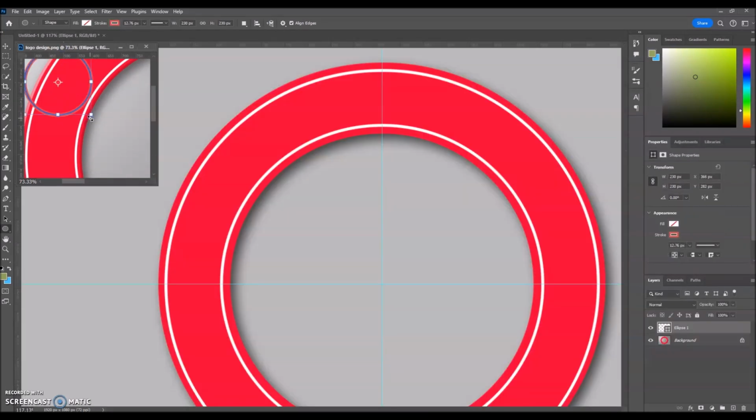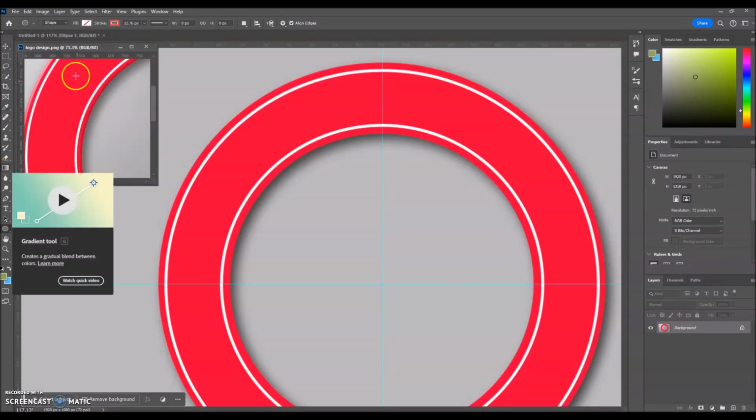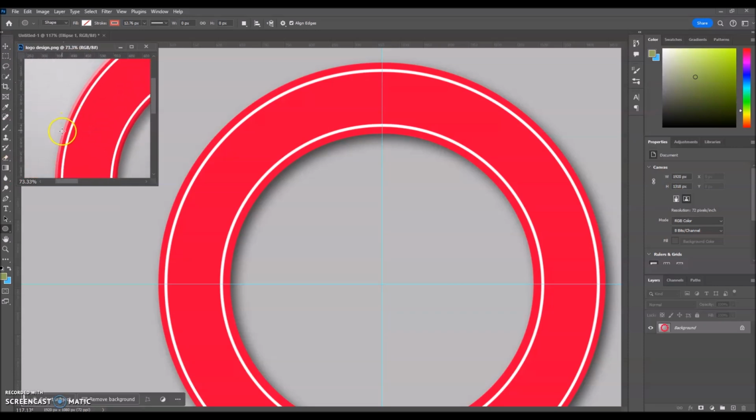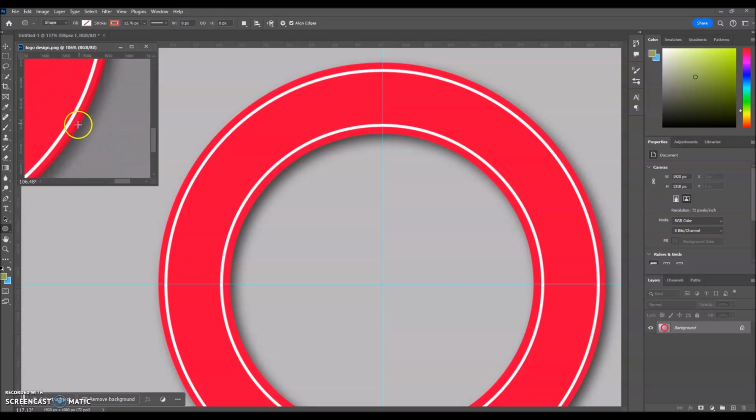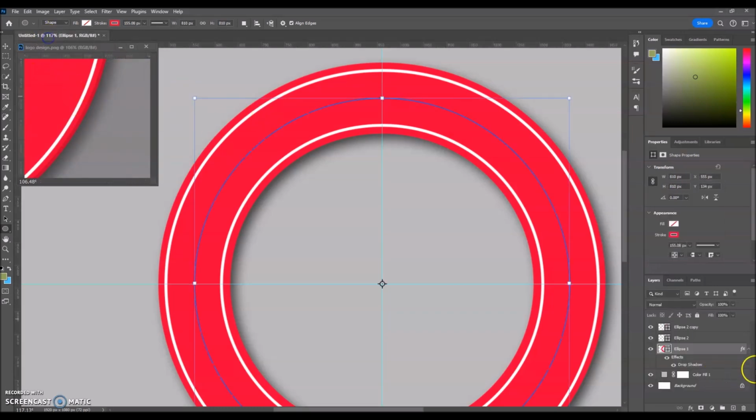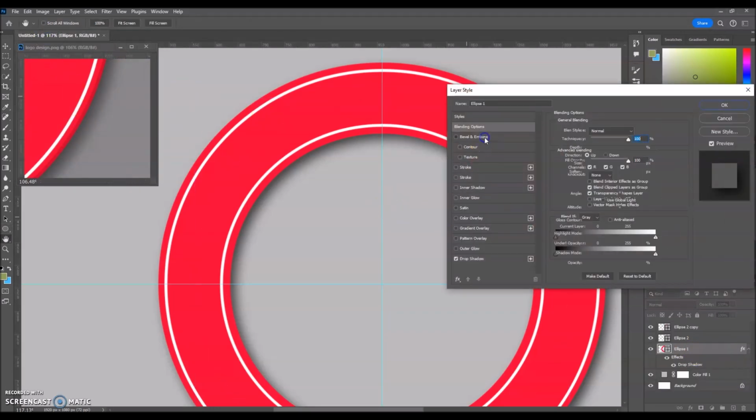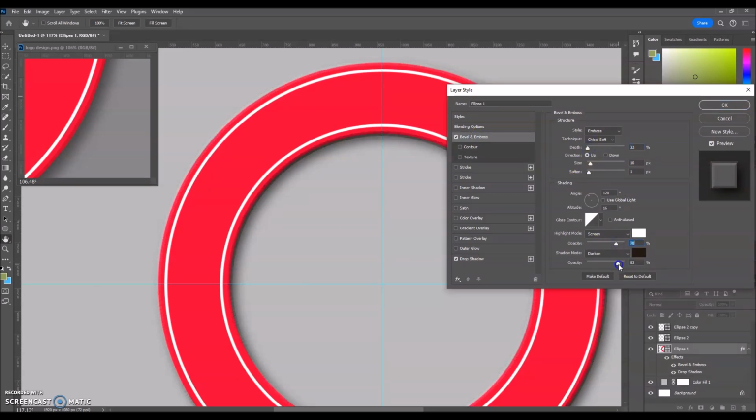If you look really closely at the original though, you can see it doesn't just have a drop shadow. It actually has a little bit of highlight on one edge and a little bit of shadow on the other, which is created by the embossed effect. So we're going to add an emboss effect to this as well. I'm not going to worry about matching it exactly, but you can see how close we get in a pretty